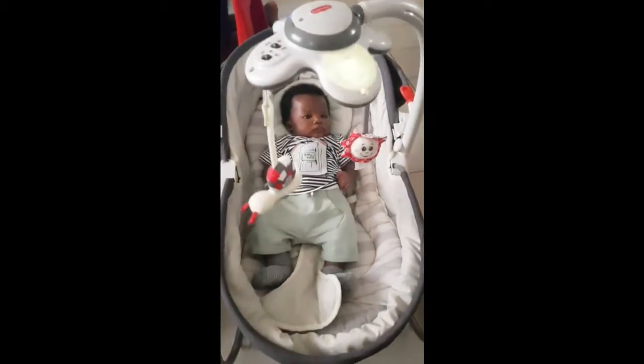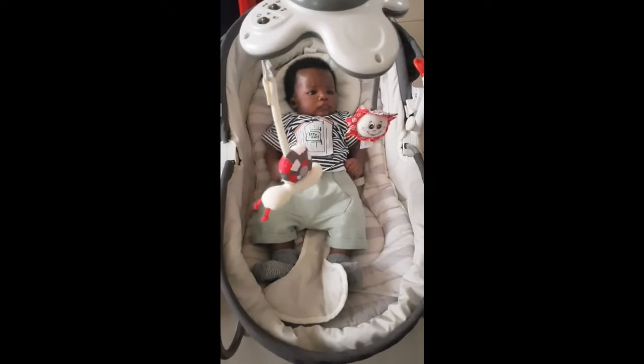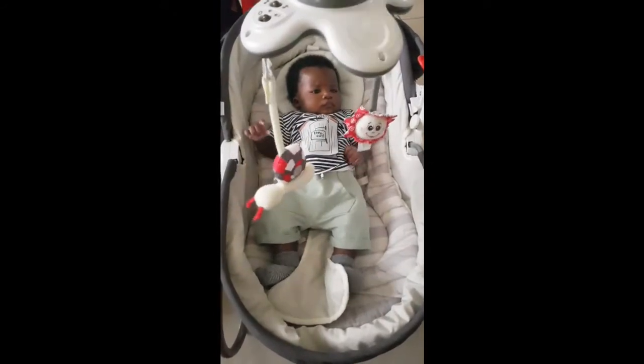And also, guys, you need somewhere where you're going to put your baby, especially if you're working or doing something around the house, and your eldest kids can just play with the baby while he's sitting somewhere. You can just put him on the swing, and I'll insert the picture of the swing that we are currently using here. And yeah guys, those are all the things that I think you're going to need for your